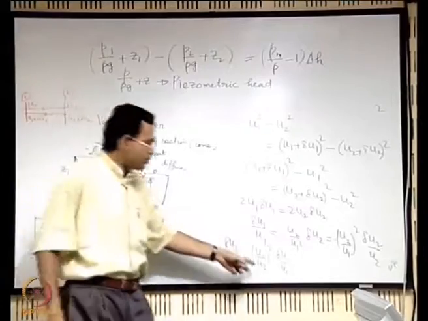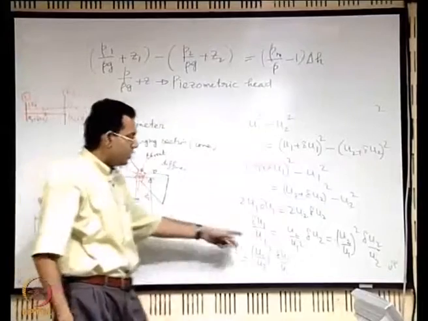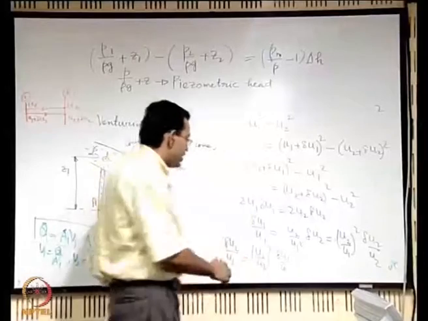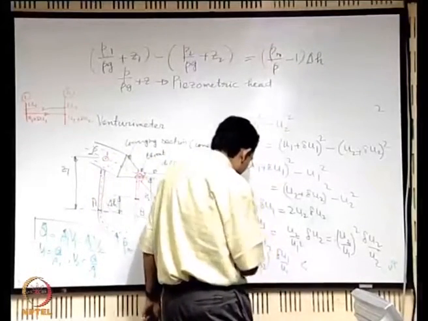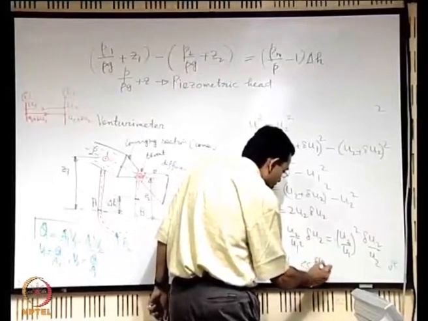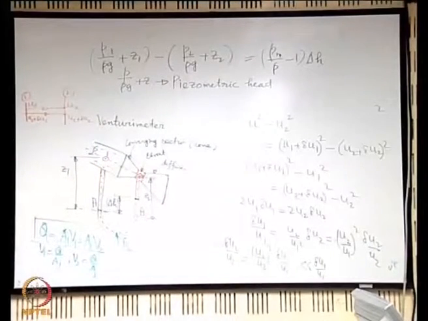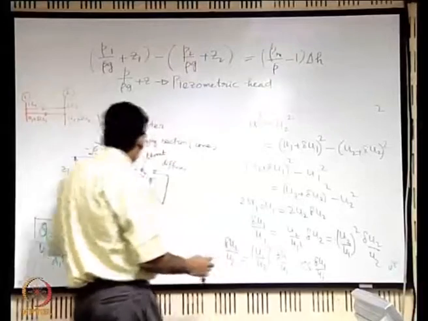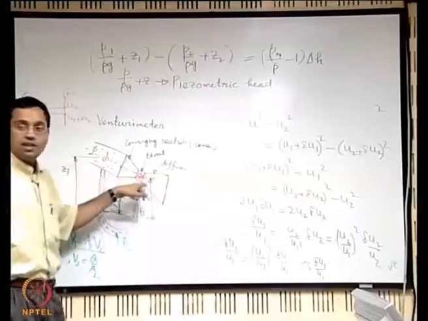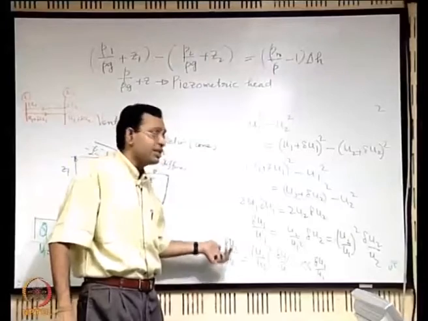So u1 by u2, the more the reduction in area, will be lesser and lesser, and the square of that will be small. So our conclusion is that delta u2 by u2 is expected to be much less than delta u1 by u1, provided there is a great reduction in section. That means if it is approximately uniform at section 1, it will be even better at section 2, because the non-uniformity is much less.